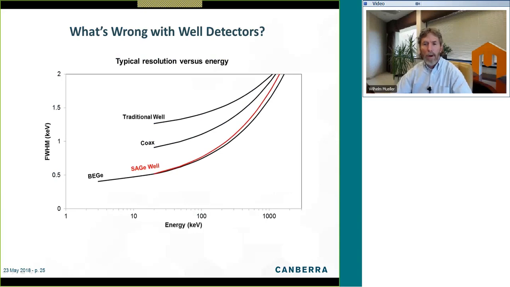If we look at the other slide that Will showed us, with the dramatically improved resolution of the sage well detector, now we can start talking about the sage well as not only a good well detector, but a good general purpose detector or all-around detector. So if you look at that improvement in resolution, right off the bat, the sage well delivers better detection sensitivity